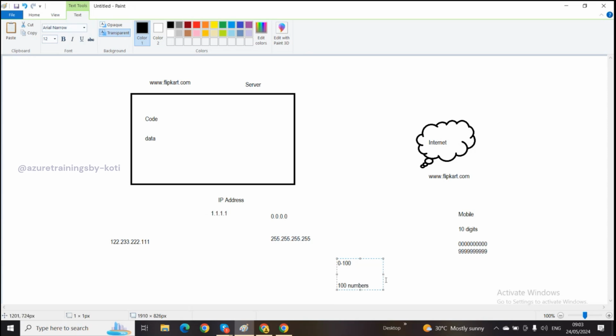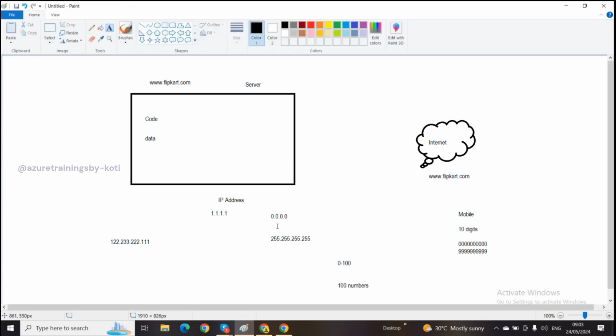Am I right? What if there are 110 people? How can you assign numbers? Got my point? In the IT world, every day new things are coming up. Every day new servers are being created. So one fine day, this range will be exhausted. Correct or not? To overcome this, they have further split the IP addresses into